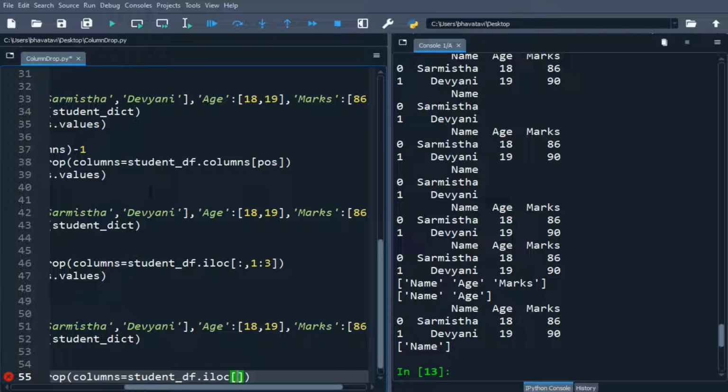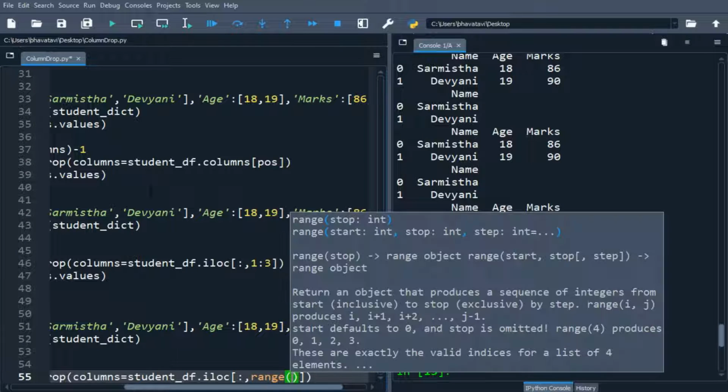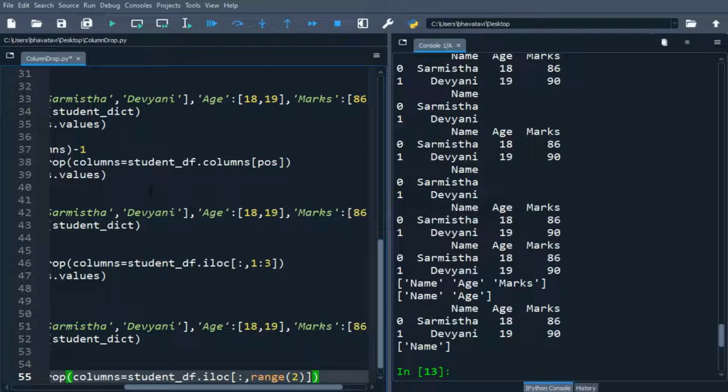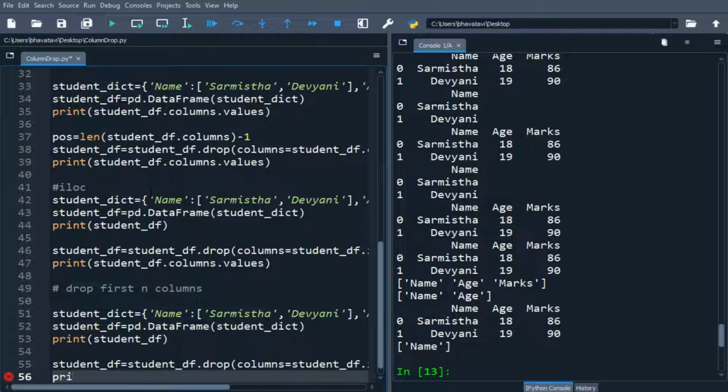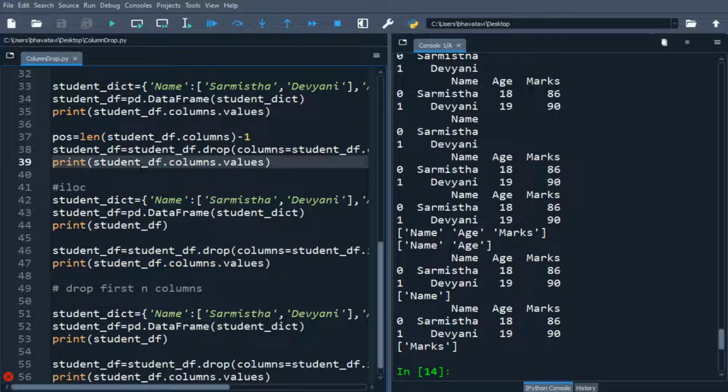Okay, we'll use the range function, range. Let's put the range as 2. Okay, and then we'll print the student_df.columns.values. So you can see here only the marks has been left out.